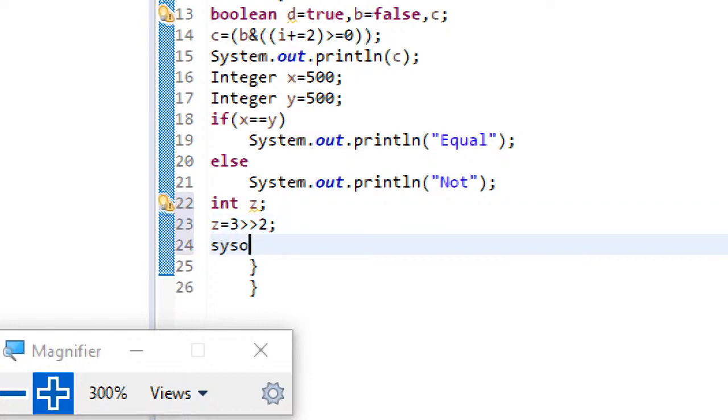Let me just print out Z. This is the last one. We'll just wind up the session.